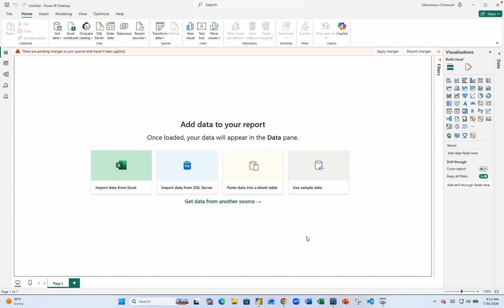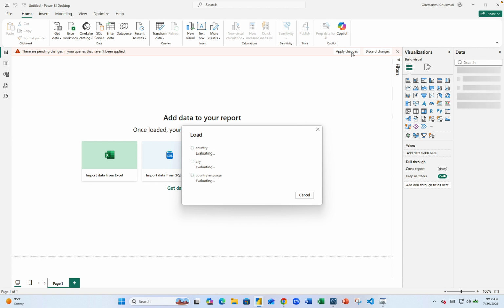So I will apply changes. So this data is directly pulled from my database. It's directly pulled from my workbench, SQL workbench. So this is how you can connect your database to Power BI for